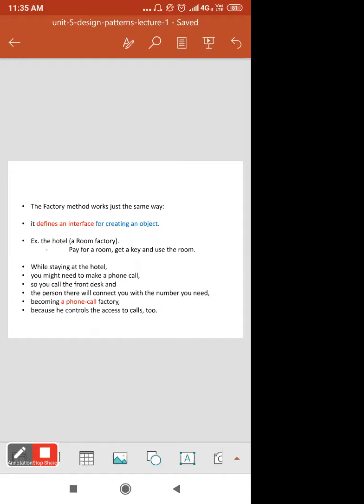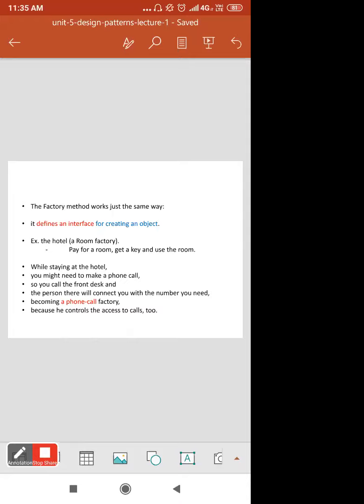Example of a hotel where a room is considered as a factory, or the mediator between what you are going to get, how you are going to get the services, and how you are going to do some actions. So while staying at the hotel you might need to make a phone call.